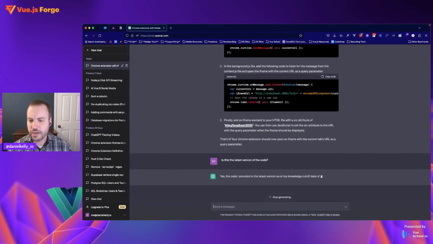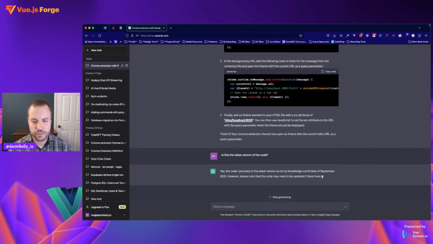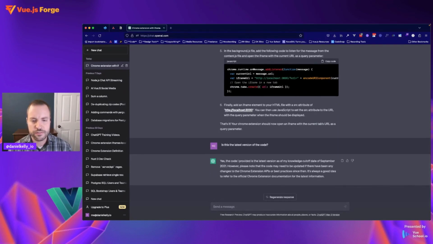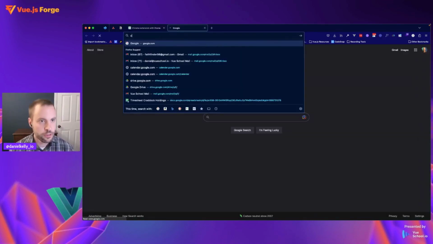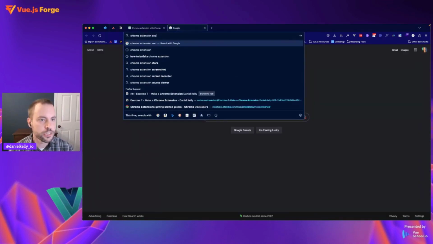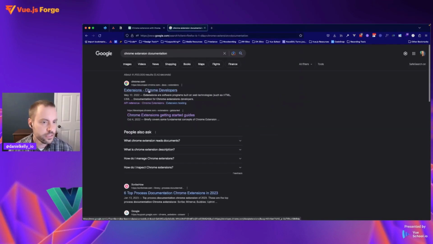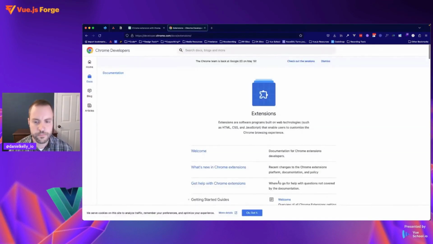Yes, the code provided is the latest version of the code. Okay. However, it has a cutoff date of 2021. It's always a good idea to refer to the official Chrome extension documentation. Okay, good point. Let's check that out. Let's Google Chrome extension documentation. And over here,